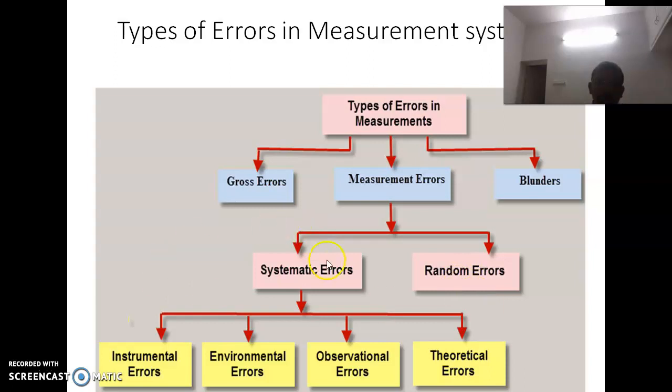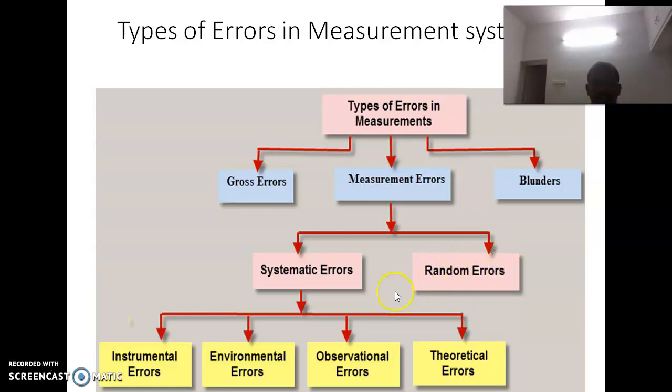Okay, systematic errors can be identified and rectified, whereas random errors cannot be traced and cannot be rectified. The instrumental errors can be traced. Environmental errors are also traceable. Observational errors can also be traced. Theoretical errors are also traceable. These four errors can be traced, whereas the random errors are not traceable, they are variable